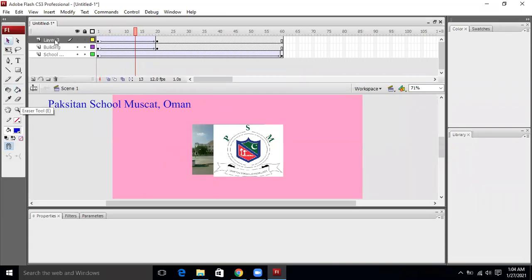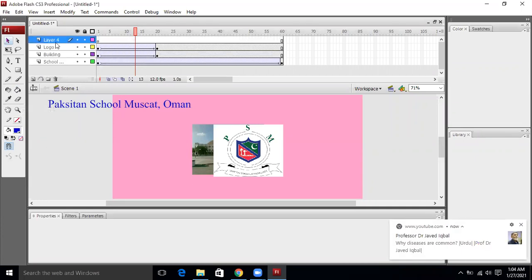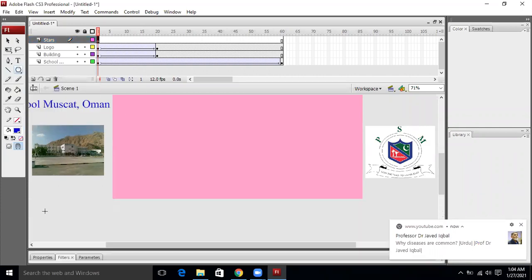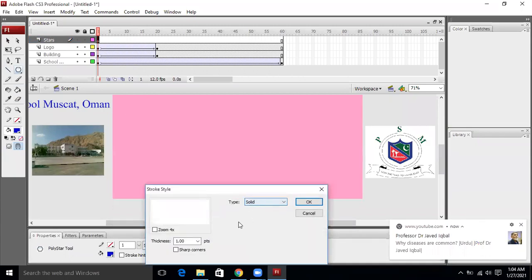I take one over here, it is the logo. To note it down, it is necessary that we should know. Let's suppose I draw some stars. So what I am going to do is draw the PolyStar. Keep in mind, I am on this layer, star, and over here I am doing PolyStar on frame 1, and we will see the properties. I am going to change it to polygon.